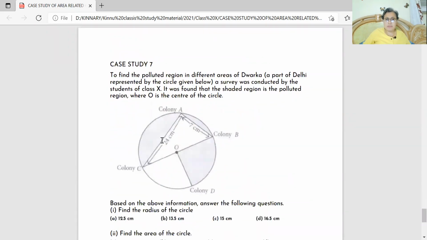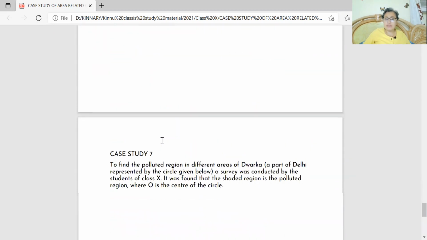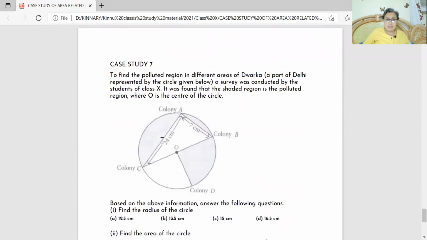Okay, so now I think you all find it very easy. Now this is case study 7, to find the polluted